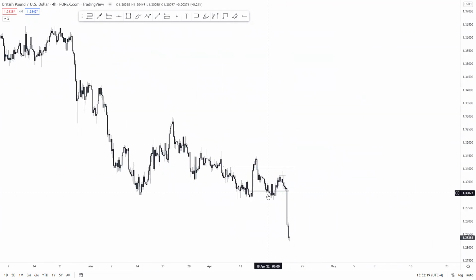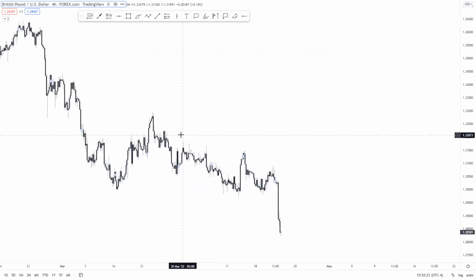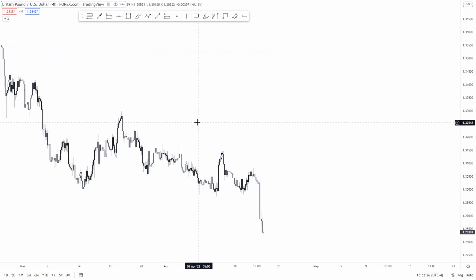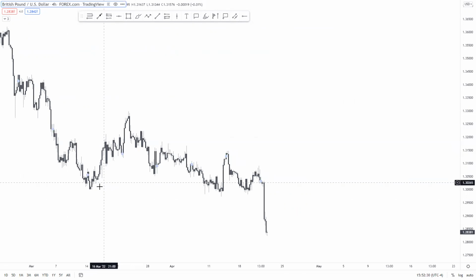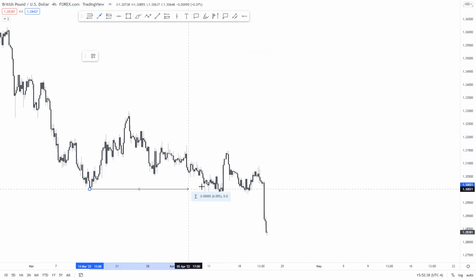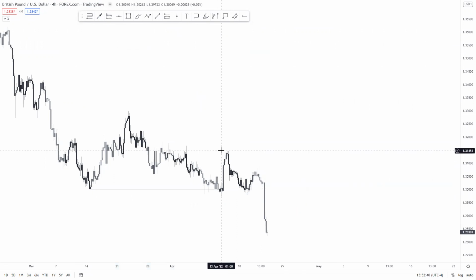GBP USD, talked about this. It's finally picked its direction. It consolidated for, I don't even know how long, pretty much a month. So we had a pullback, break of structure, just kept faking out, faking out, faking out, broke below. And then from a body closure perspective, this was the close below. And then it just traded into